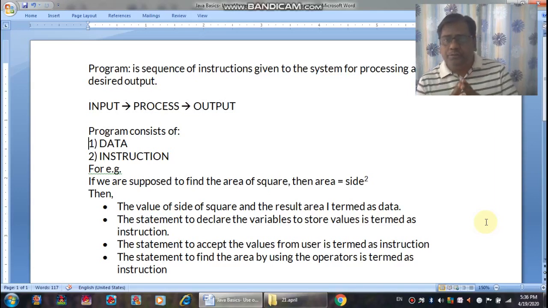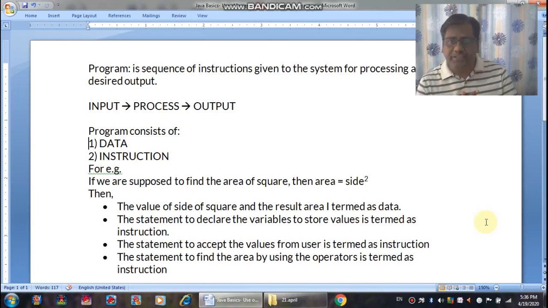Now we talk about the program. A program is a sequence of instructions which are given to the system for processing and gives a desired output.